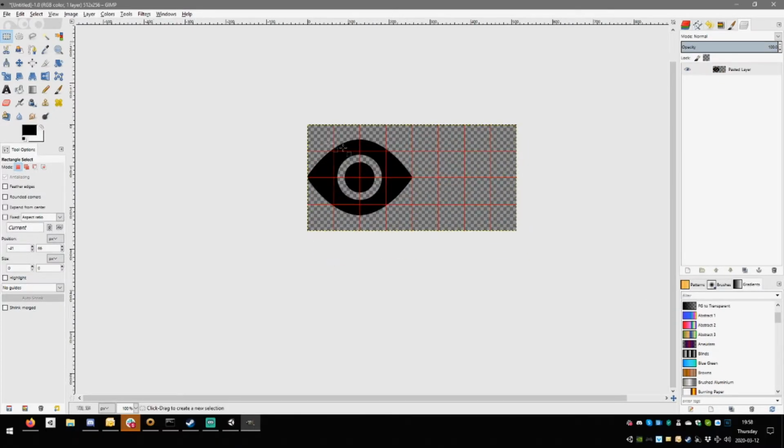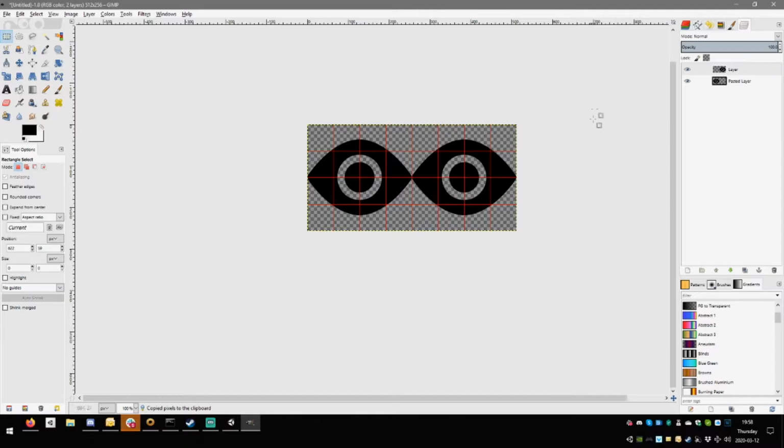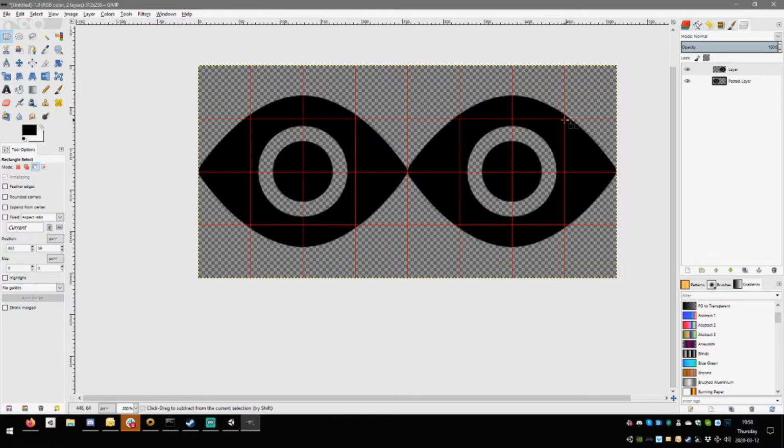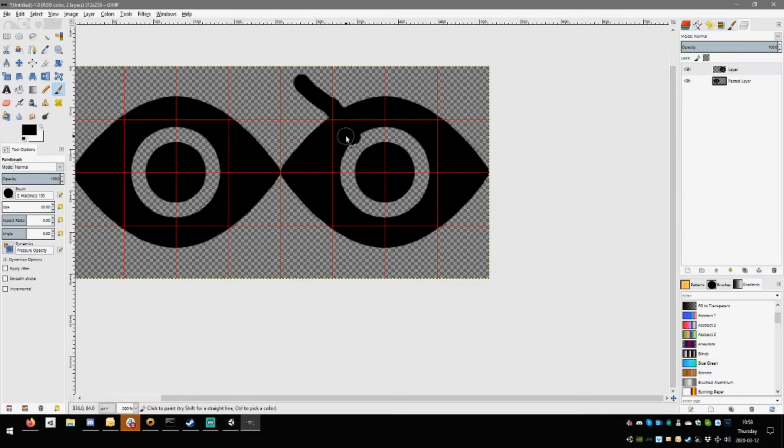Right. Now we're going to copy this eye, and we're going to paste it. Not yet. Now paste it. Okay, that's good. And now what we're going to do is we're going to sort of strike it through. Right. So we are going to grab this, grab the most. Yeah. Okay, that's pretty good. And now I want you to